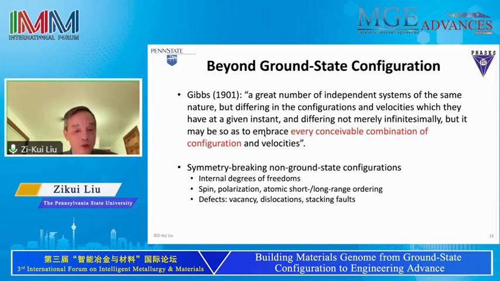You can have atomic short range ordering, that's a high entropy alloy, for example, right? You can form compounds, get long range ordering. So at least we should include all of them into our free energy. Of course, if you have defects, vacancy is very important, dislocations, stacking faults, right? You can add many defects into it. So you have to put those defects into DFT calculations to do that.